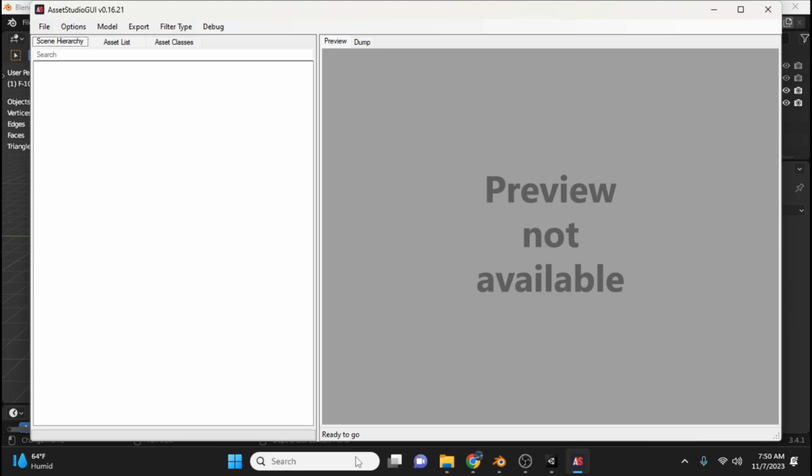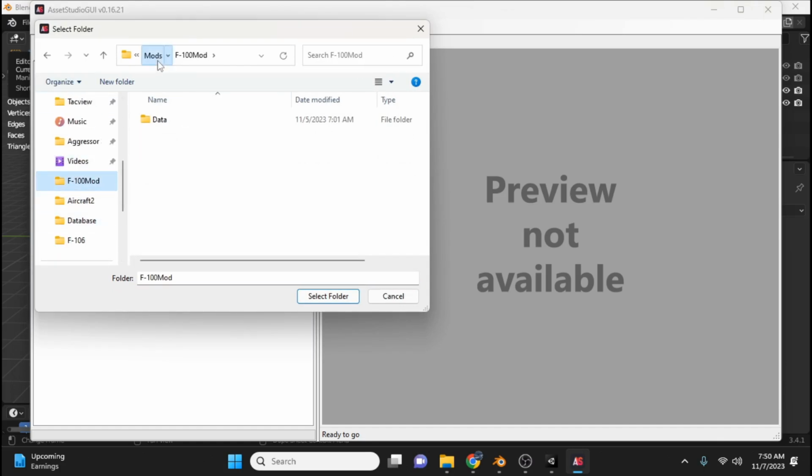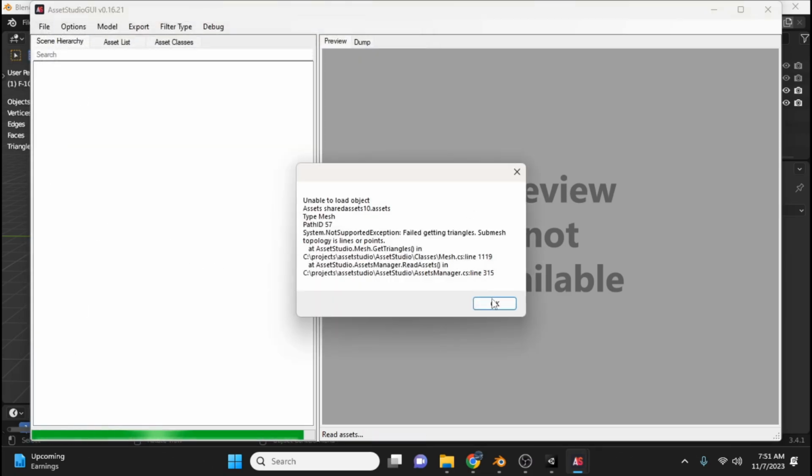To be able to do this, you're going to need to download this app called Asset Studio and install it, or extract the aircraft. Essentially, I have this set up for Nuclear Option right now, but if you load the entire Tiny Combat Arena data folder, if this doesn't go away soon, I'm just gonna basically,